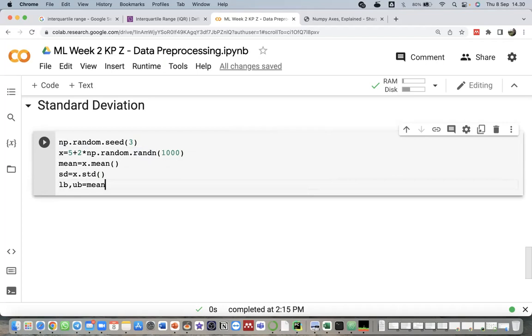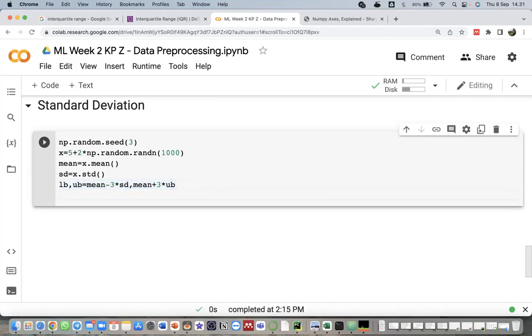The lower bound equals mean minus 3 times sd, and the upper bound equals mean plus 3 times sd. So we define the lower bound and the upper bound here, and then we get them.